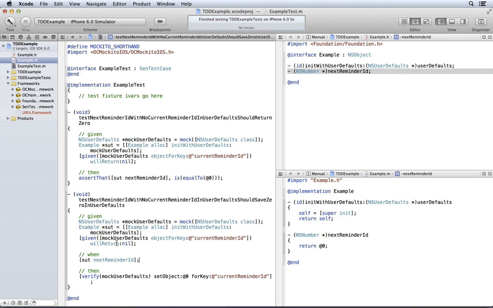Given all the same stuff, when I execute that method, when I invoke that method, verify that setObject for key was called with these values on the mock user defaults. All right, let's test. By the way, instead of always coming back up here and clicking this button,